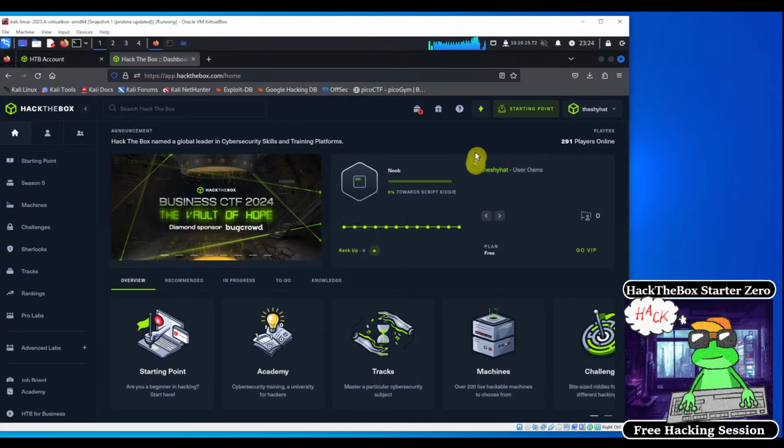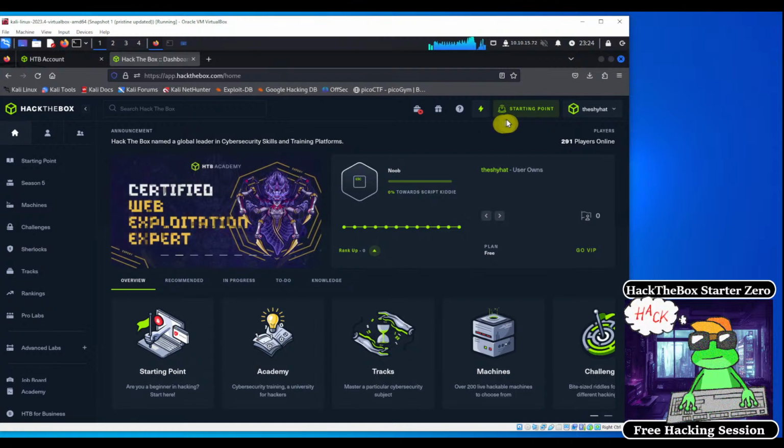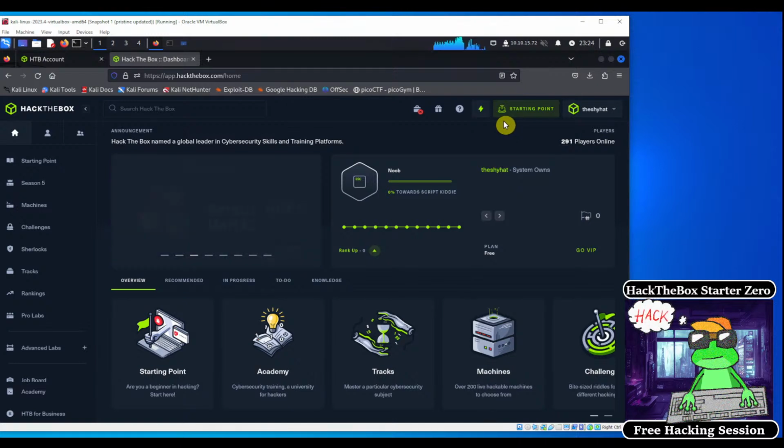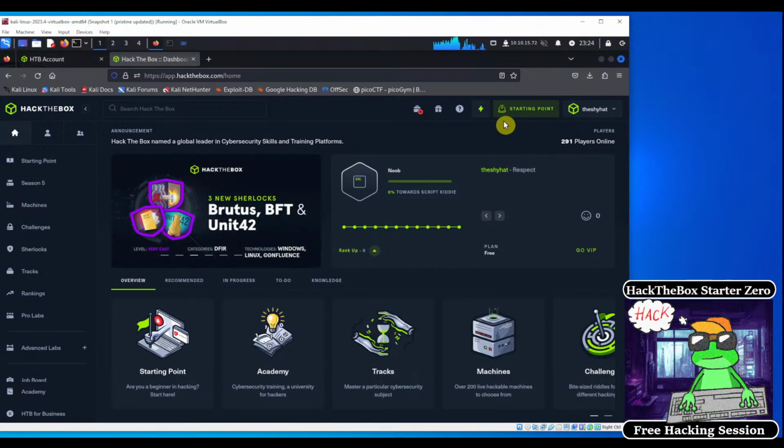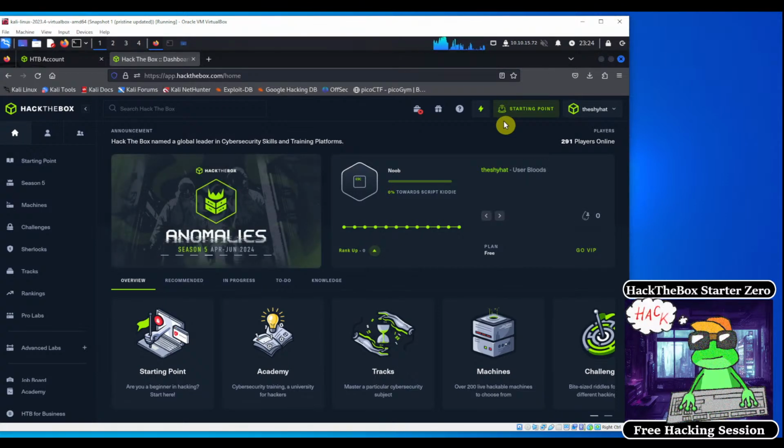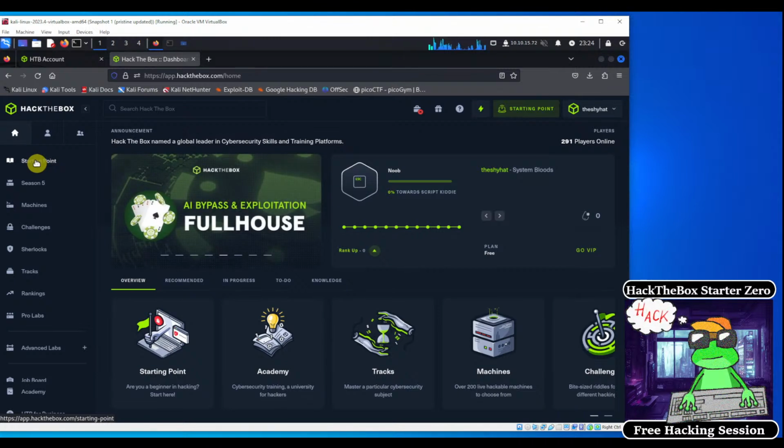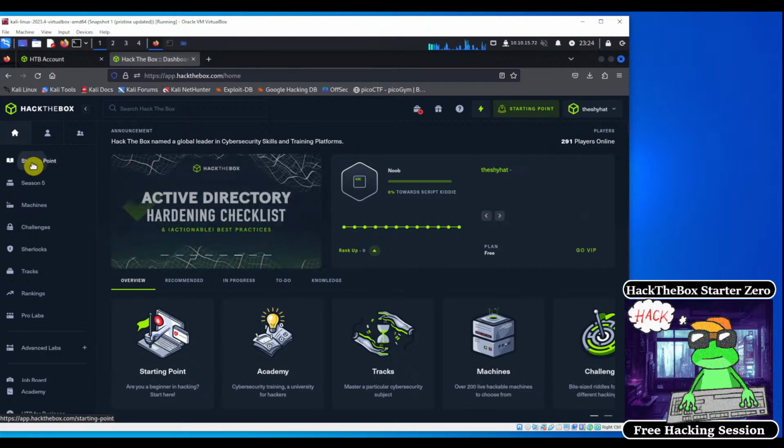All right, so now that we see the starting point, there's this button over here labeled starting point, and the button is green, so that indicates that our connection to the starting point has been established. From there, we can navigate over to the starting point section now. On the left-hand side, starting point should be at the top of the menu bar over here. So just click on starting point on this left-hand section of the screen,